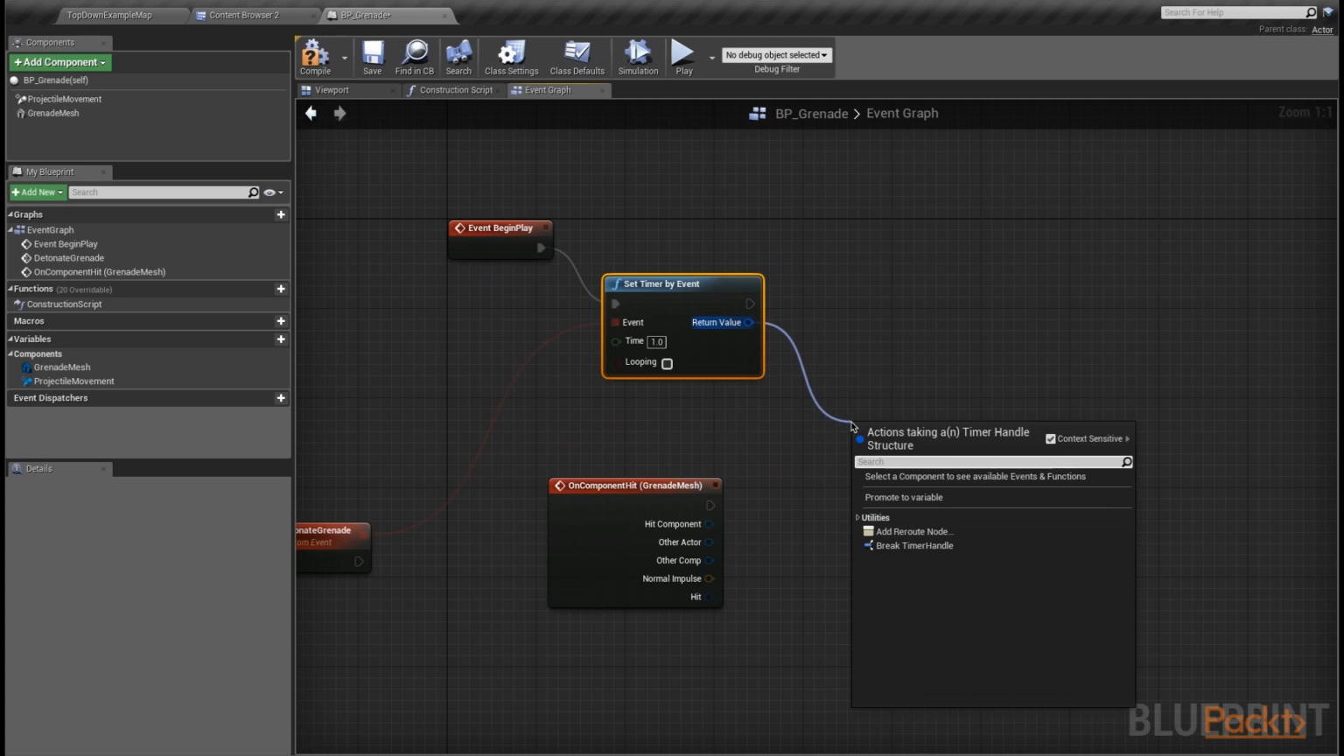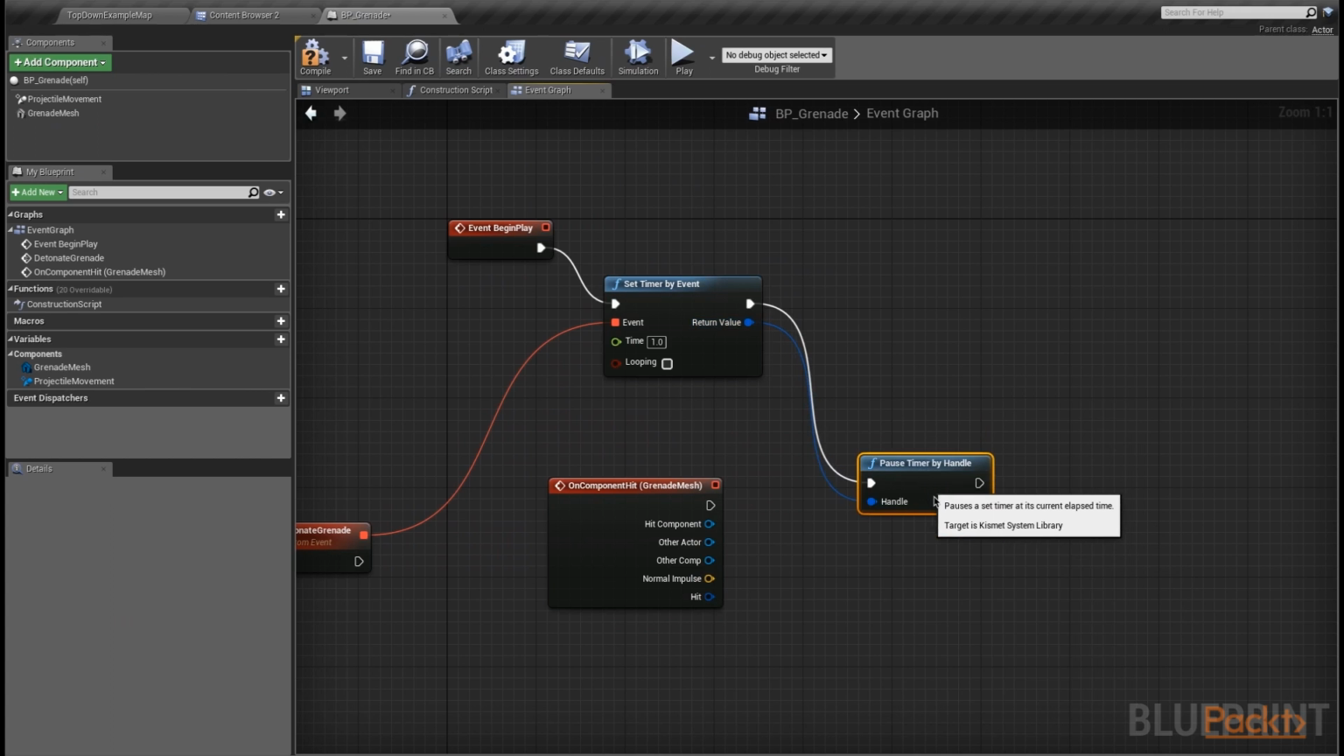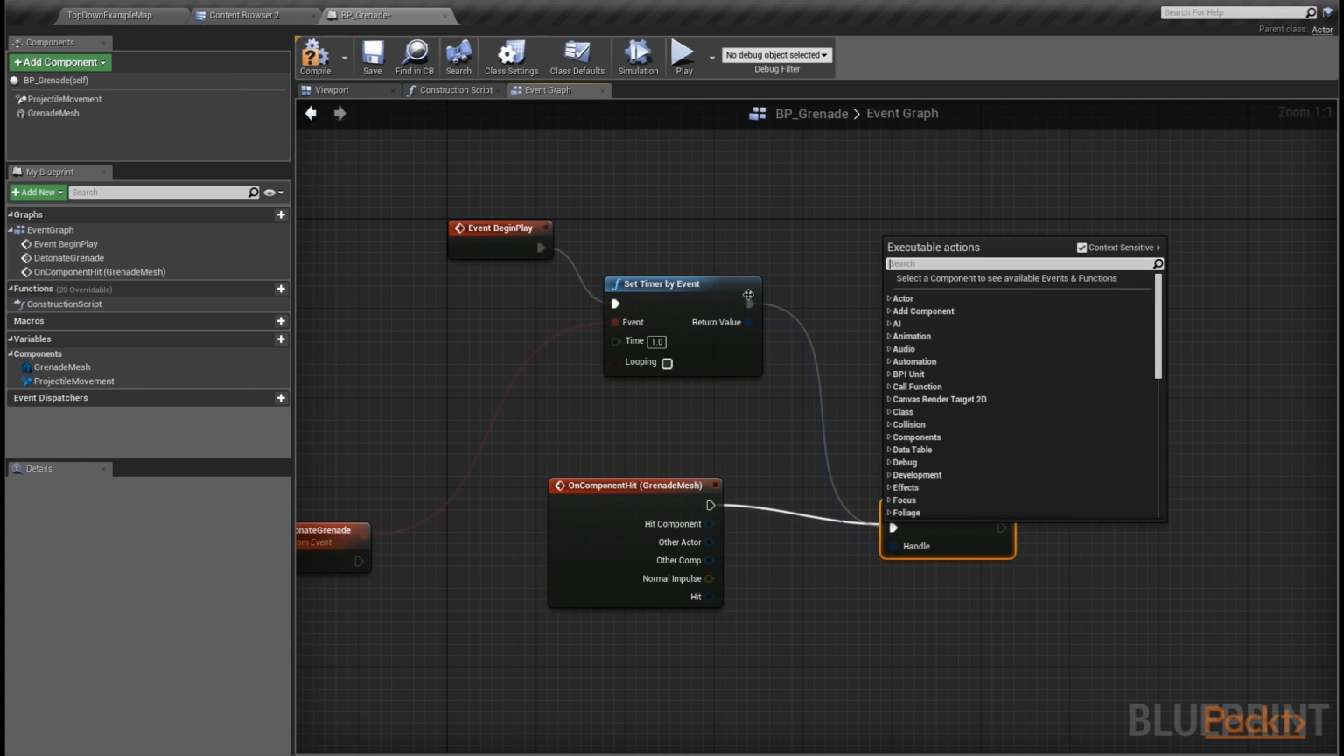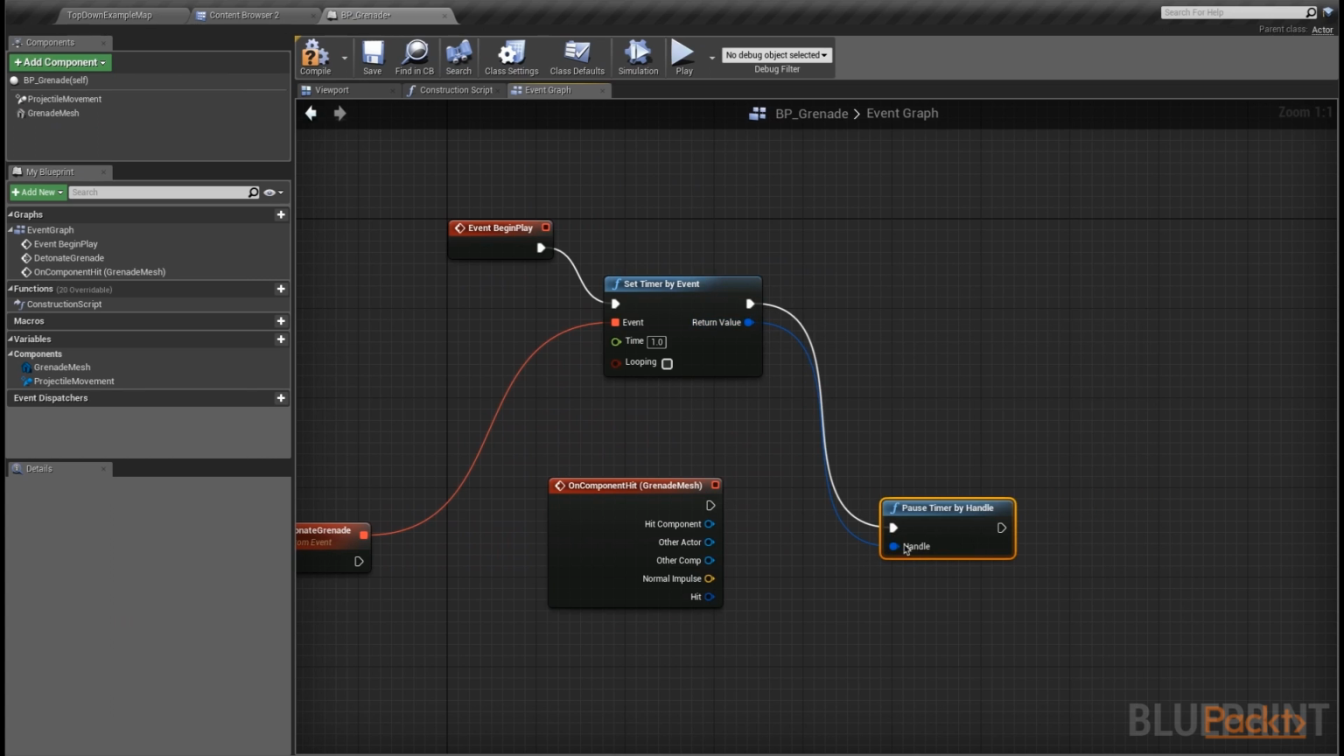So this handle, we can actually tell it to pause the timer. So we can say pause timer by handler. What this means is whenever we hit something now, we're actually going to open... I dragged out from it. It auto-connected from here. So actually, if we Alt or Option click to undo that, we actually want this to